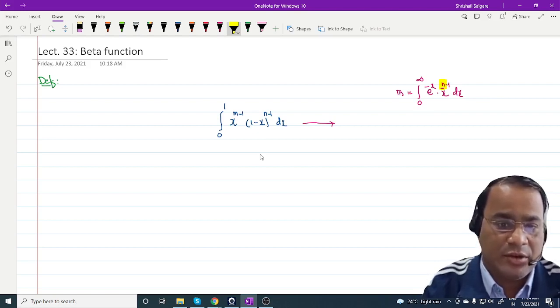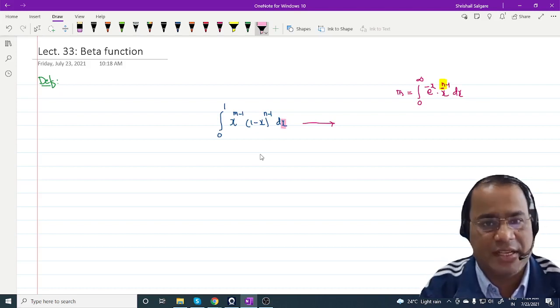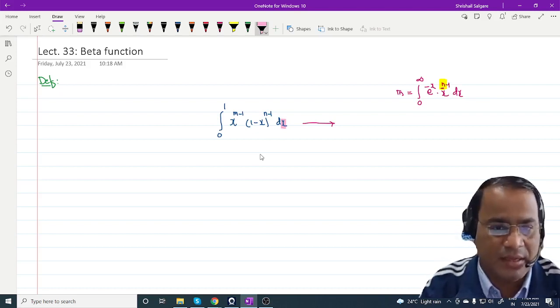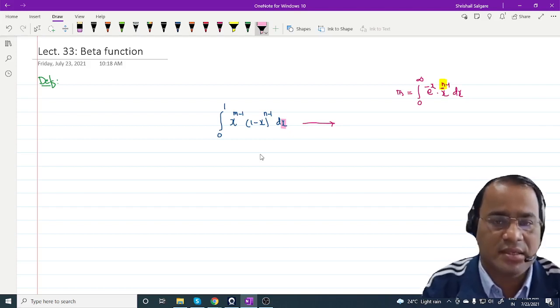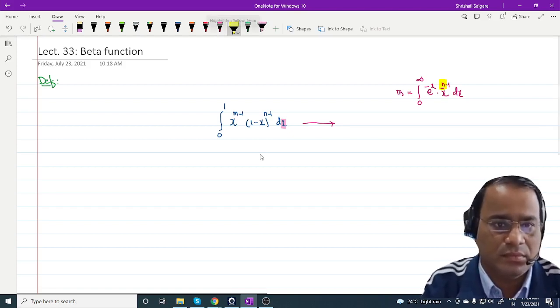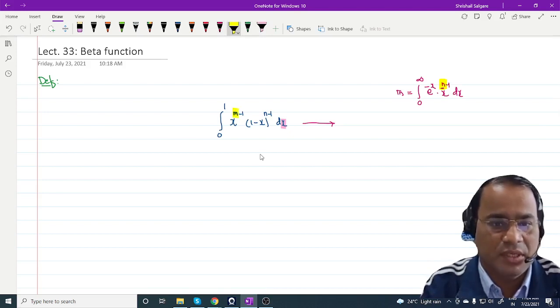At the end, you have to substitute the limits for x. When you substitute x equal to 1, whatever expression you get is free from x. And at the same time, you substitute x equal to 0. So that integral defines a function of some other variables; x will not be there. Yes, can you correct your answer? M and n. Yes, very good. In this case, you have two parameters, m and n.